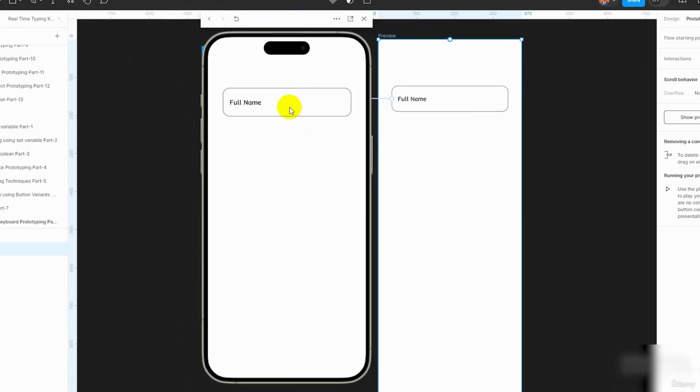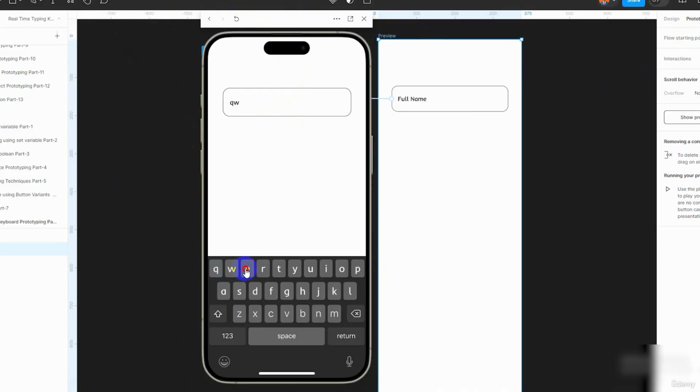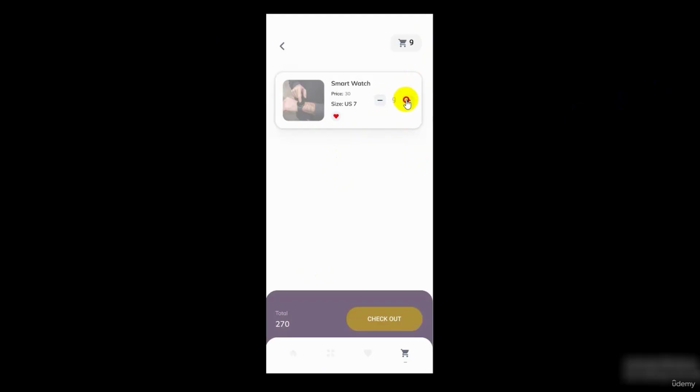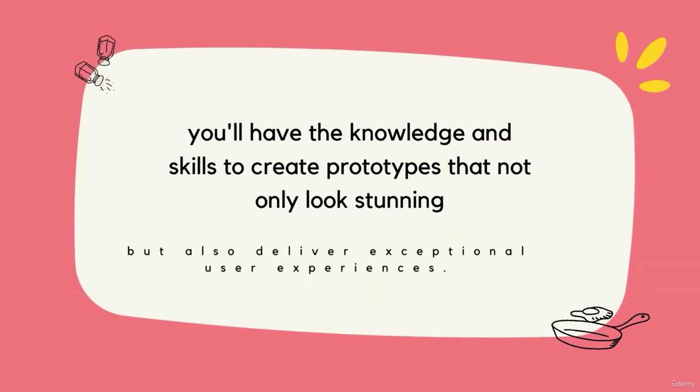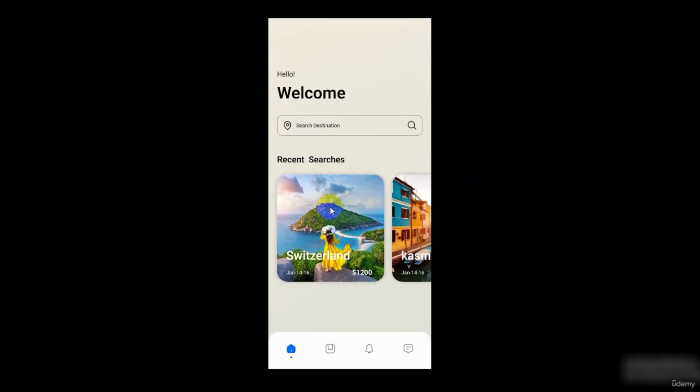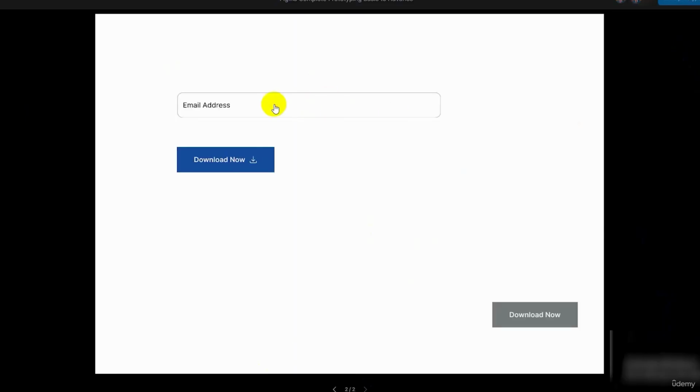Whether you are aiming to advance in your career or start a new journey in UI UX design, this Figma Bootcamp will equip you with the tools, knowledge, and confidence to succeed. By the end of this course, you will have a versatile portfolio and a strong command of Figma that sets you apart from the